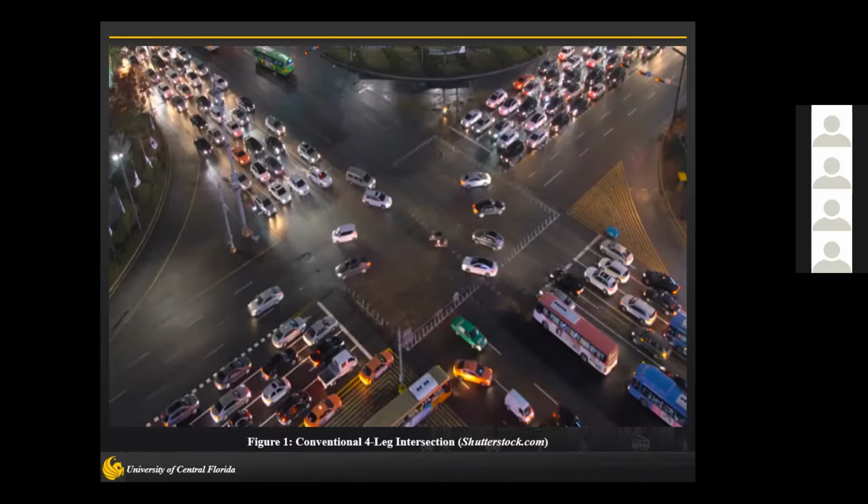The first advantage is that a low number of conflict points reduces the interaction between vehicles, which is an indication of a safer traffic condition. And the second benefit is reducing the average control delay at the intersection, since alternative intersections provide two-phase signalization at